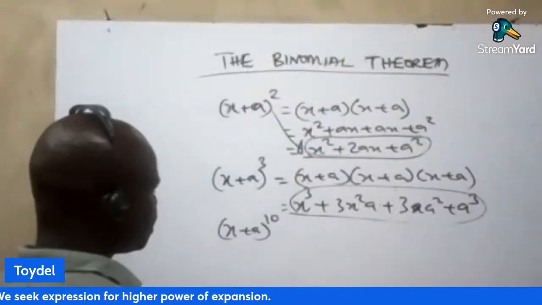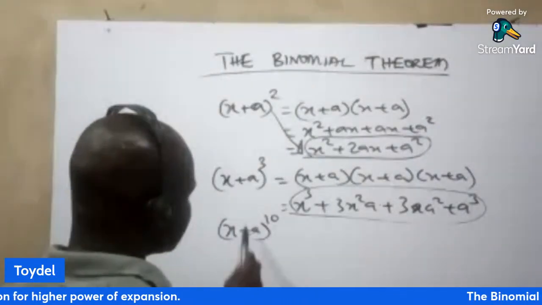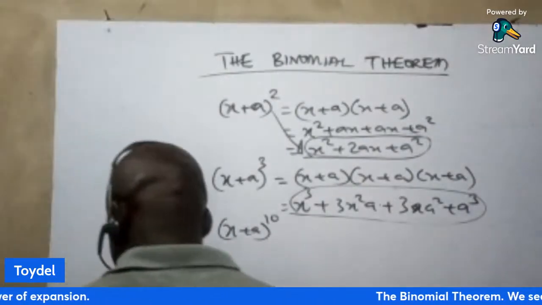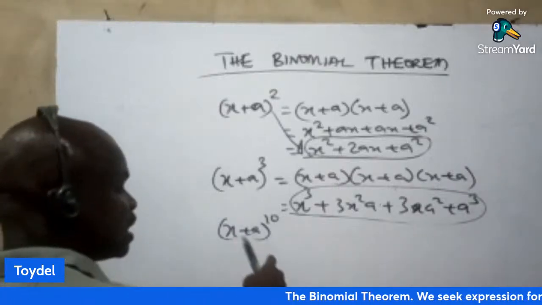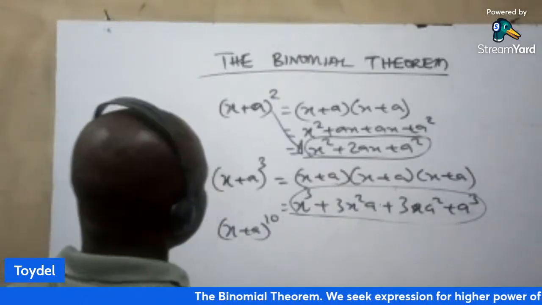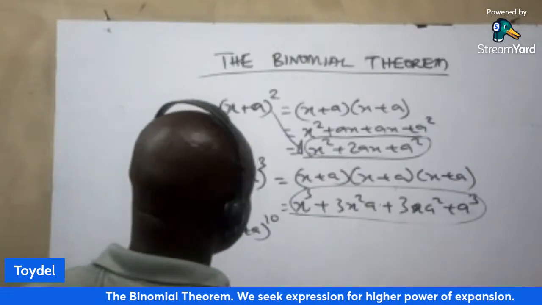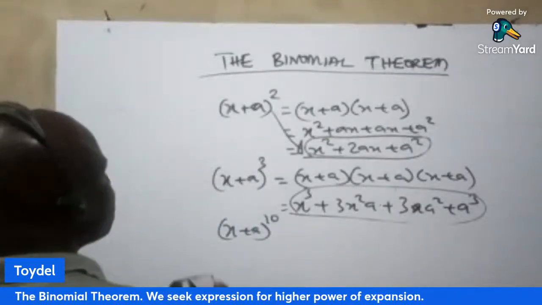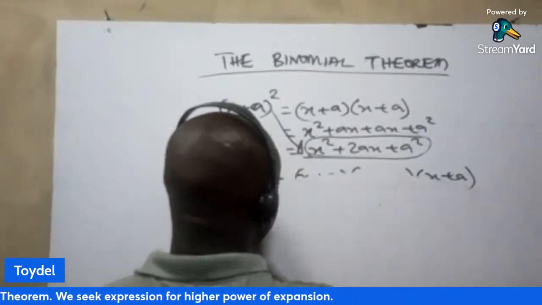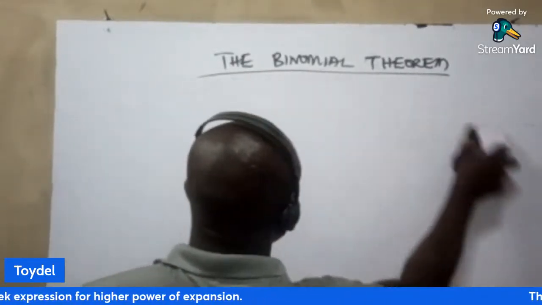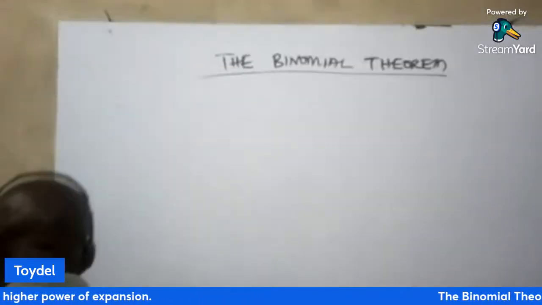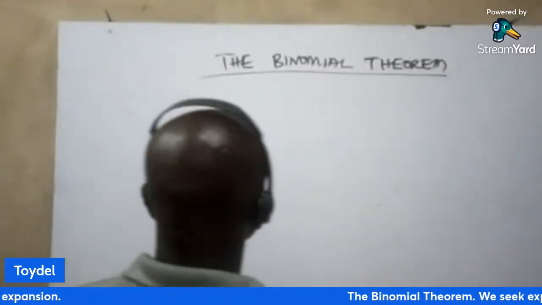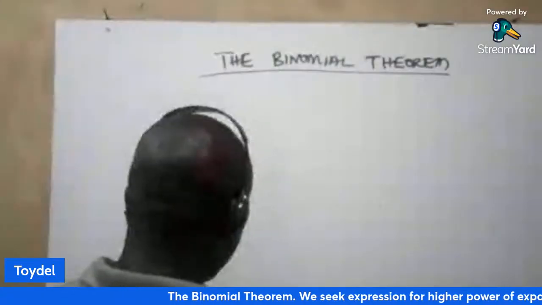So what if we have (x + a) raised to power 10? How do we expand this? We are going to have (x + a) in 10 places, and it will be somehow difficult to do that. So under binomial theorem, there are two approaches that we can use to expand the power when it's in 10 places. The first one that we can use to know the coefficients